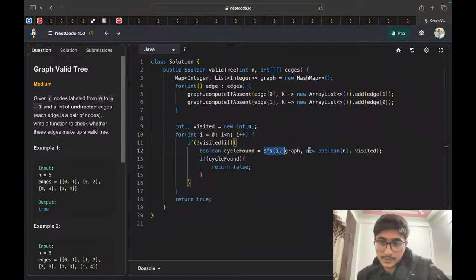So now we need to implement this DFS function which will detect if our